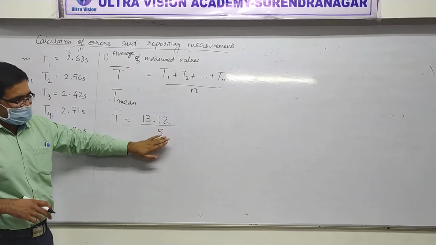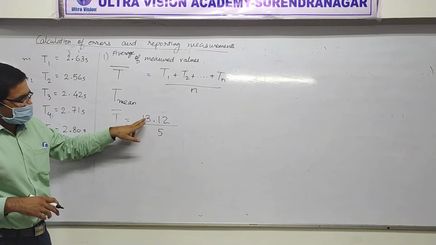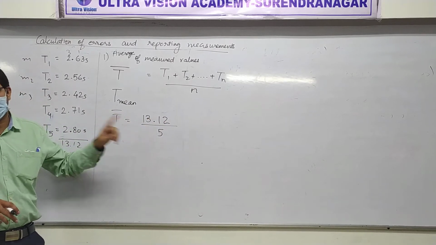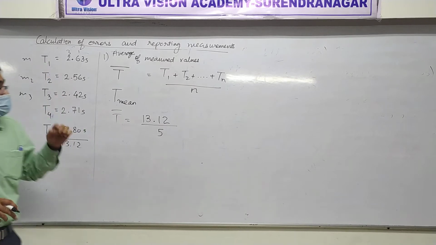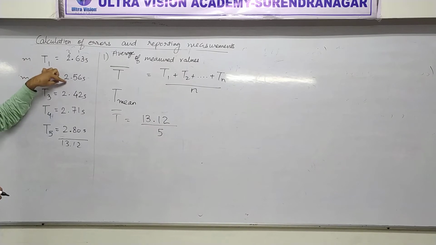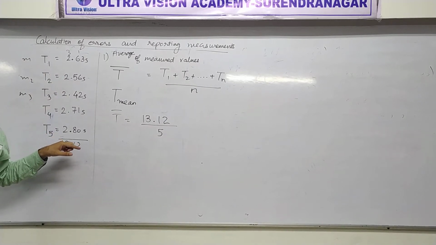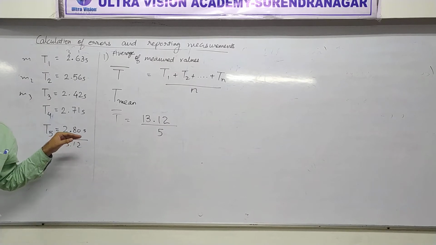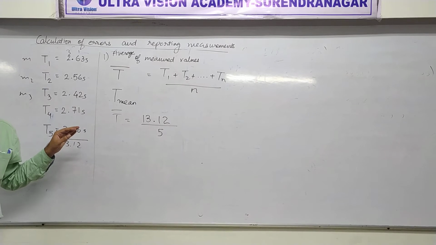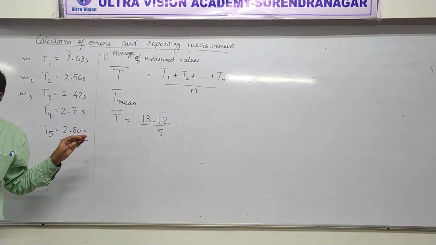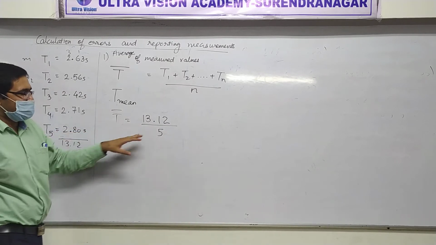If you just want to find the average, suppose, then you can just see how many significant figures this has. 4. This has infinite. Not 1. Why not 1? You counted the measurement. How do you get this 5? 1, 2, 3, 4, 5. So are you sure that these are exactly 5 observations, or it may be 4.99? No, 4.99 observations are impossible to make. It's the same as thinking that you have 4.99 pens instead of 5 pens. That's never going to happen. So this is an exact fact.